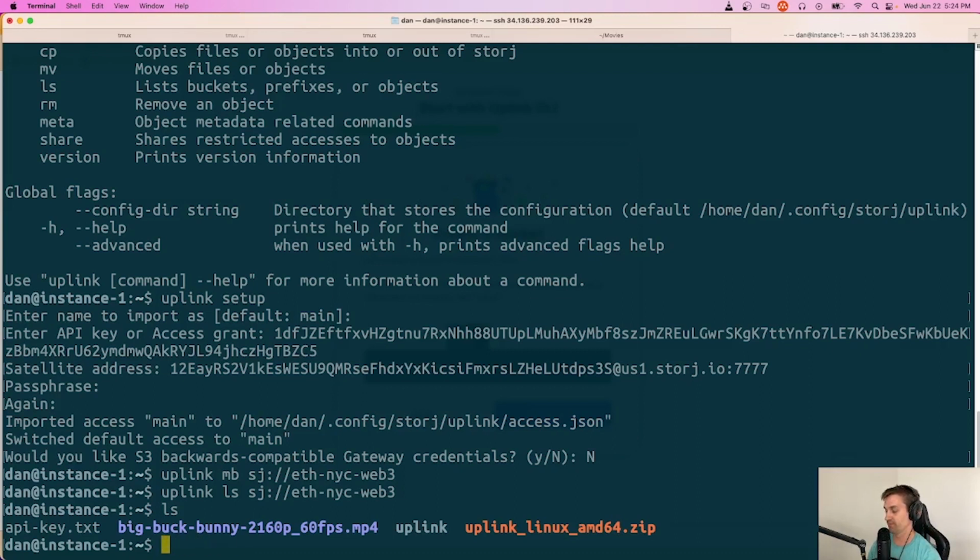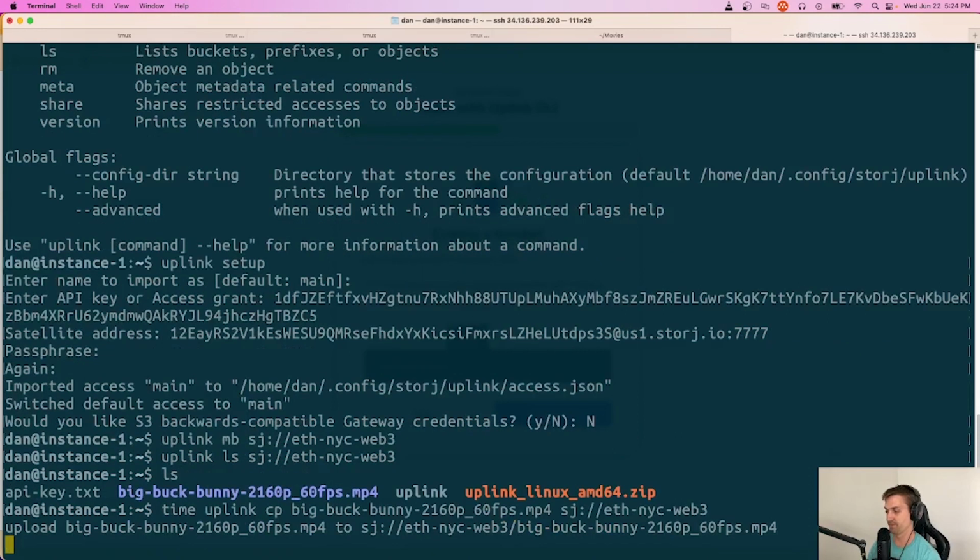So let's do that. So uplink copy Big Buck Bunny to SJ ETH NYC Web3. Oh, and I want to time this. All right, let's go ahead. So there it goes. It's taking a little bit, but let's say I want to make it go a little